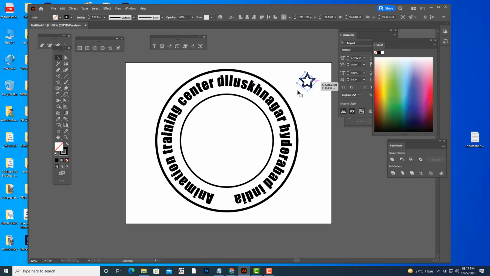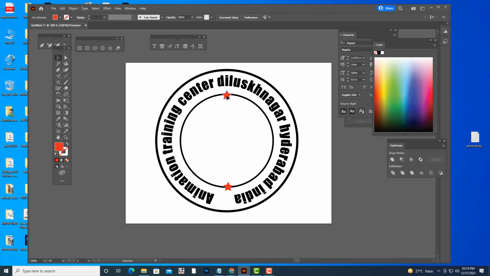Then we'll give some color to this, turn off the stroke, keep it over here, and make it small. Then we'll take one more duplicate, Alt and drag, and keep it exactly parallel to this.